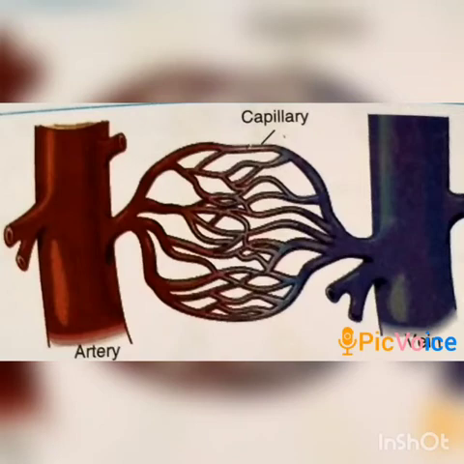Now the next organ is the blood vessels. Blood vessels are an intricate network of tubes that transport blood to the entire body. Blood moves to all parts of the body through these blood vessels. Blood vessels are of three types: arteries, veins, and capillaries. Arteries carry oxygen rich blood from the heart to all other parts of the body. As blood flows through the arteries at a high pressure, they have thick elastic walls.